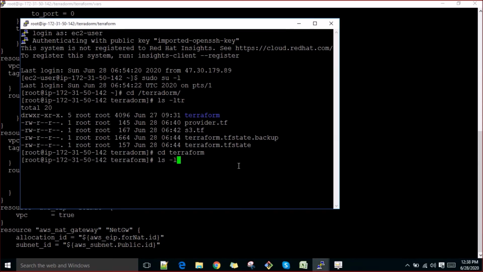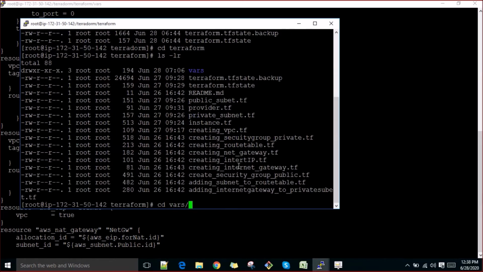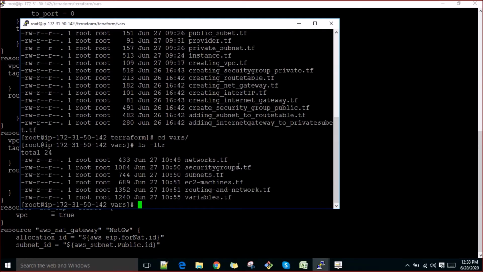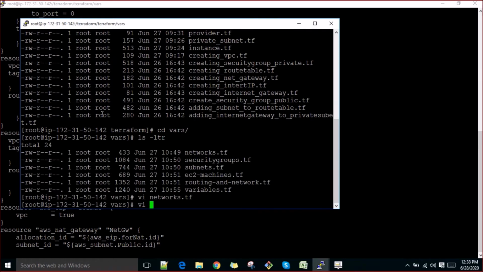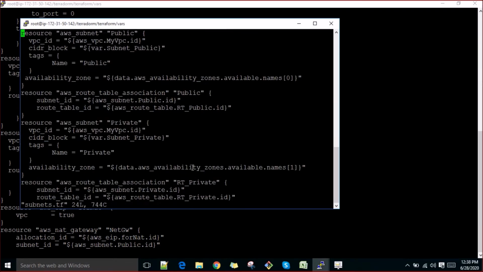Okay, so we'll go to, now I'll open the network.tf, right? Just if you see here what we were doing, sorry, that's my bad. Subnet.tf, right? To the subnet we have to assign the route table.